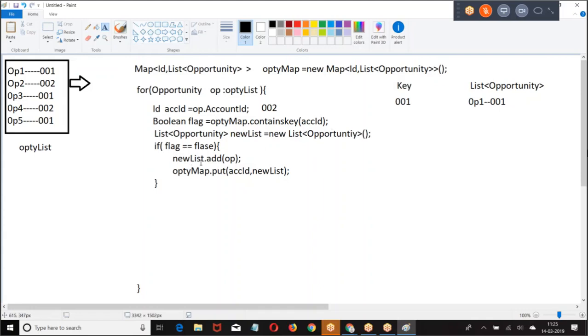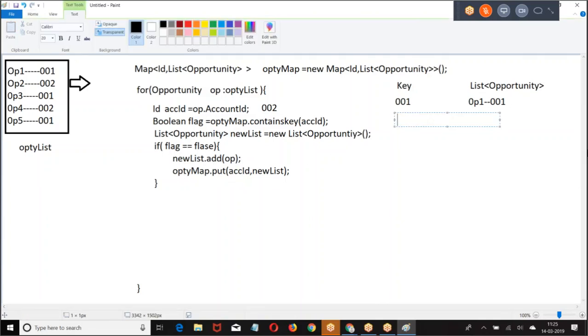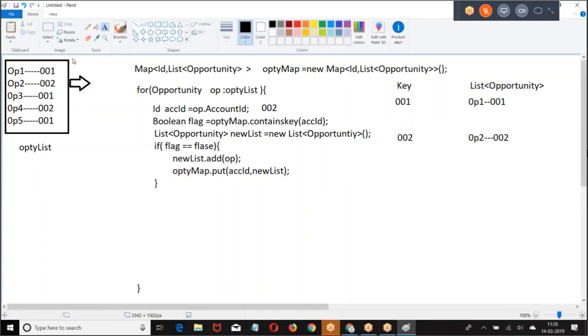Create a new list, add opportunity. Now optiMap.put(accId, 002). This is what we pick. Right. Next.